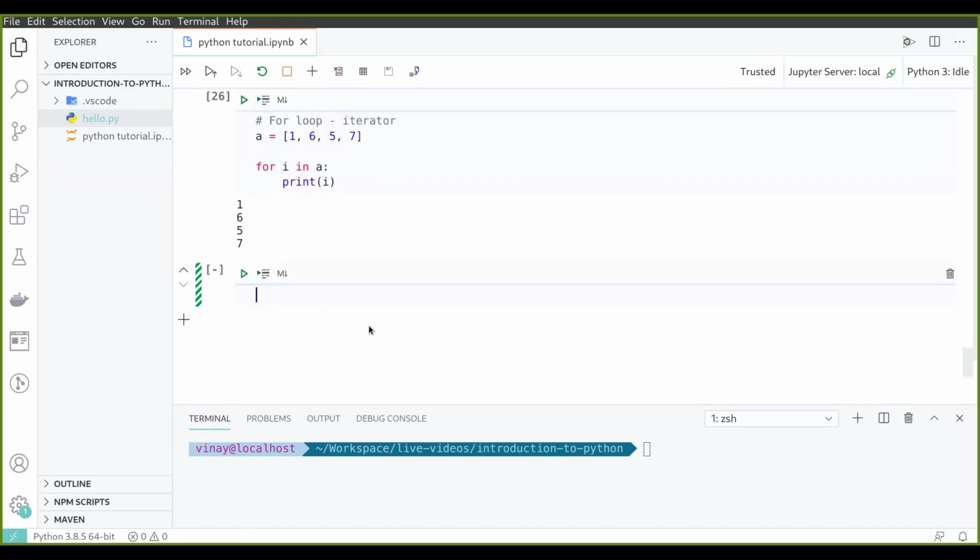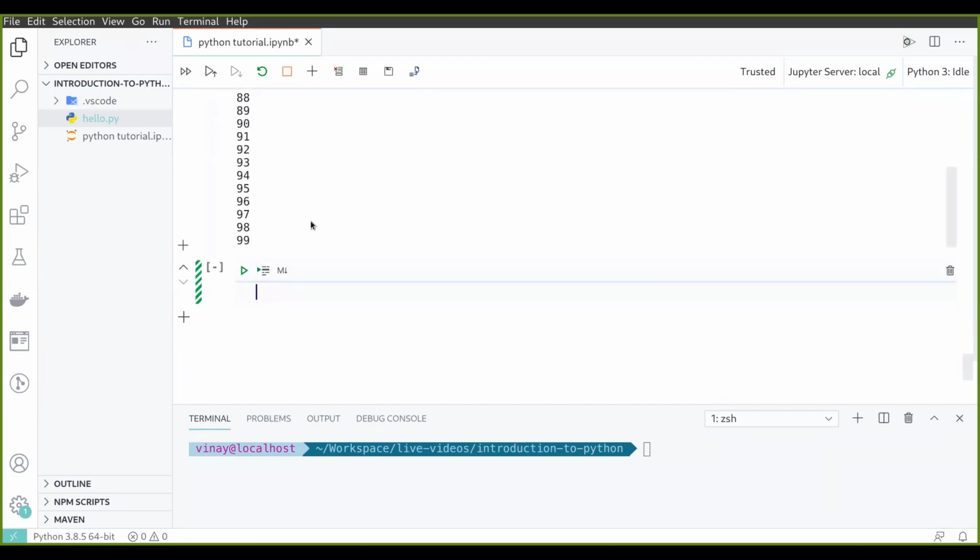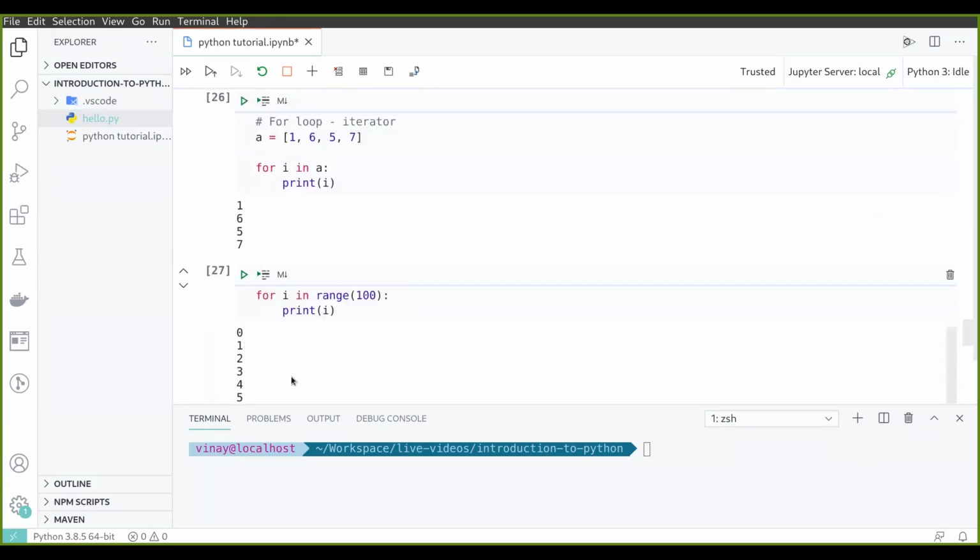We can use for the same example, what we can do with for loop is we can use something called as range. For I in range, say 100, and let us try to print I, and you'll see that we have obtained the same code using range. So you can start with range 1 comma 100. So this is the starting point and this is the end point. Range will start from 1, and if you want to increase it with 2 step, we can use this. So we start with 1, then we take 2 steps ahead, 1 3 5, and all of those. And yeah, so this is about printing